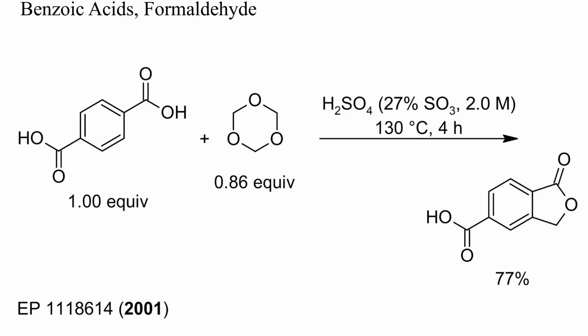Let's check some alkylations with aldehydes and aldehyde acetals. Formaldehyde is reactive and tends to oligomerize. Here, the cyclic trimer of formaldehyde was heated with terephthalic acid in sulfuric acid. Despite the low reactivity of benzoic acids toward electrophiles, under optimized conditions, a good yield of the lactonized hydroxymethyl terephthalic